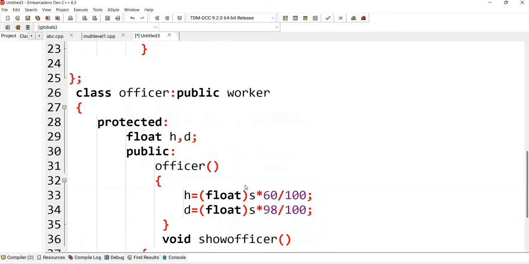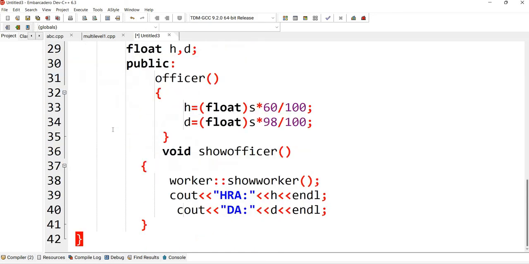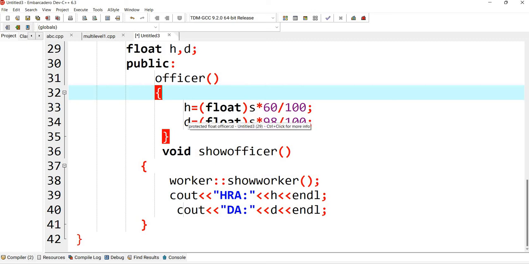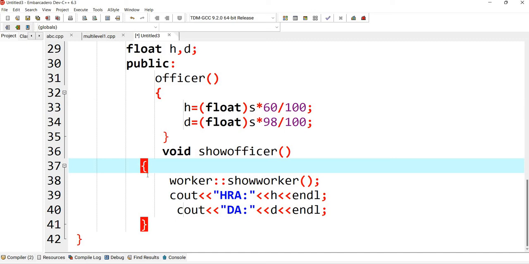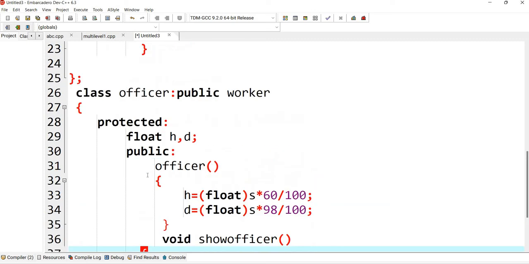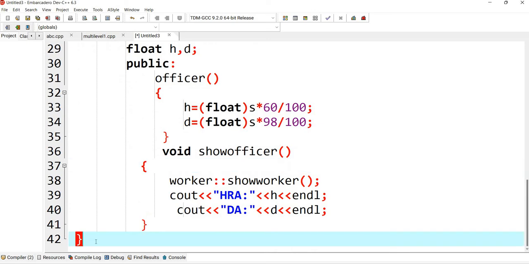Now the officer class has also finished: opening and closing bracket. This is the constructor of the class officer, and the member function show officer is also defined. Once you finish it, you close this and put the semicolon here.